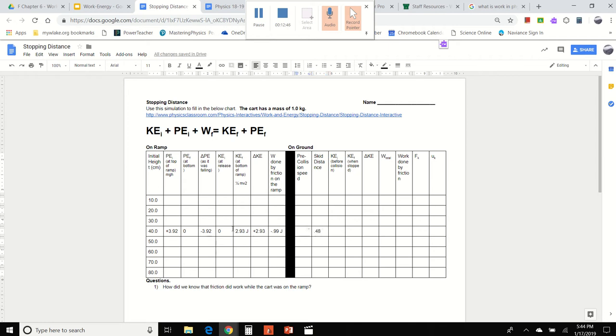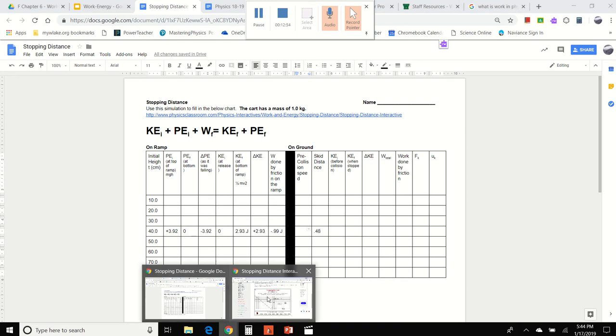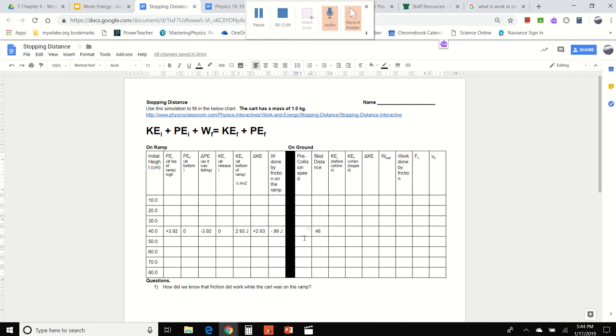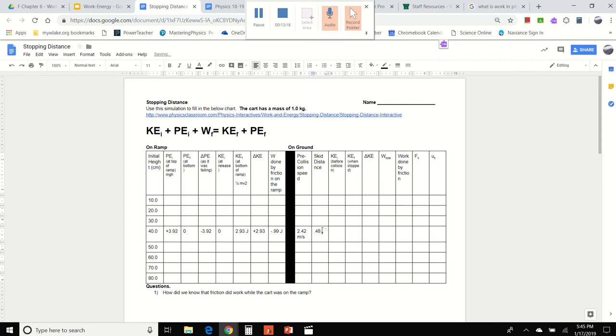Pre-collision speed, that's the speed that we used over here. So that's at 2.42 speed there. I know I didn't have a slot for it over here, but that's the same speed we used over here. It was the final speed on this side, but it winds up being the initial speed over here. Okay, so it was moving this fast, 2.42 meters per second. And it ran into that box, then it skid, and friction slowed it down. So before those two things collided,